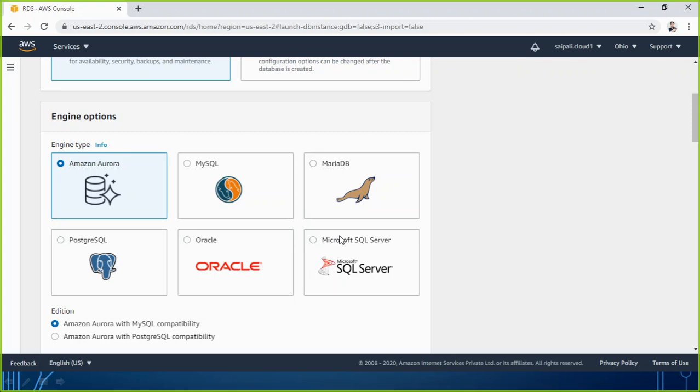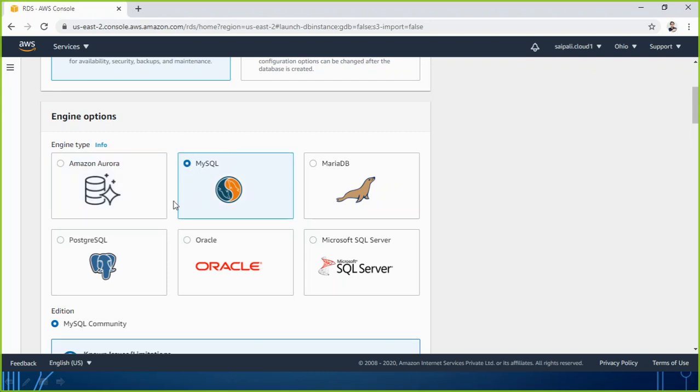So maybe you already have a company running a database server on SQL Server, and you want to migrate from your on-premises database server to RDS. No problem, because RDS also supports SQL Server. Maybe your company was using PostgreSQL, you can easily migrate. Or maybe if your employees are good enough to work on MySQL, no problem, go with MySQL.